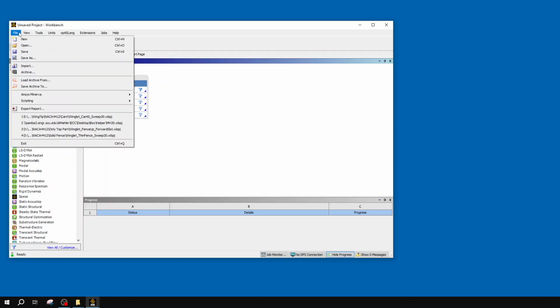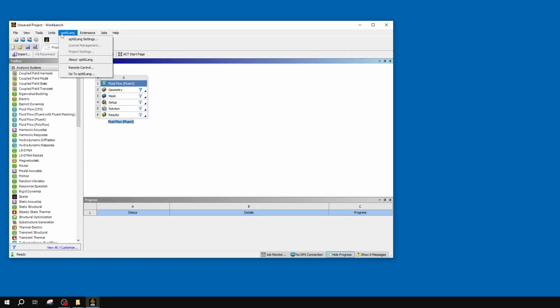And then you have your classic file, view, tools, units, all those good things. I'm assuming you're working in metric, so you're going to want to flip that to your preferred units. I use the metric system myself, but if you use other ones, this is where you can change that. Without further ado, I'm going to get into making my geometry